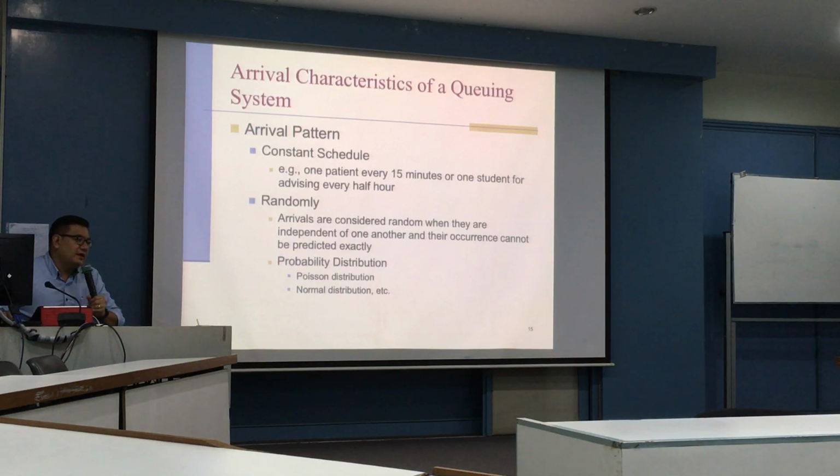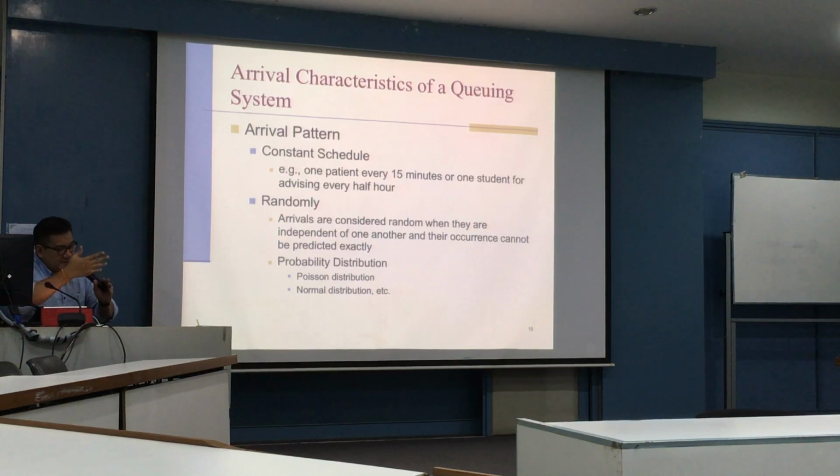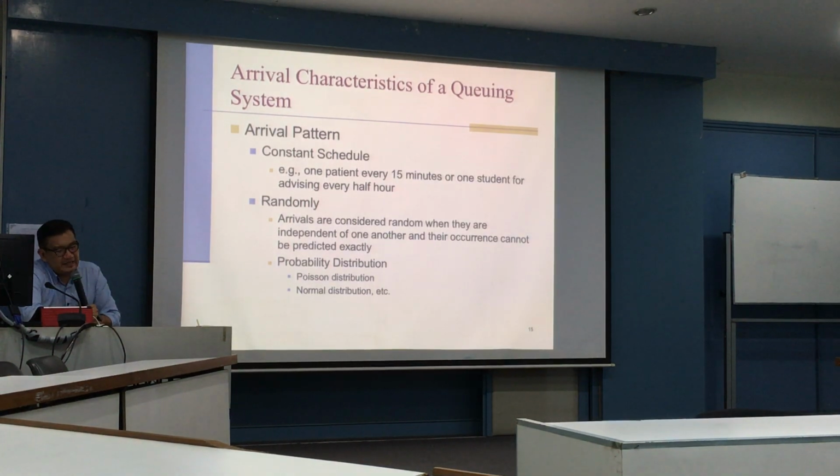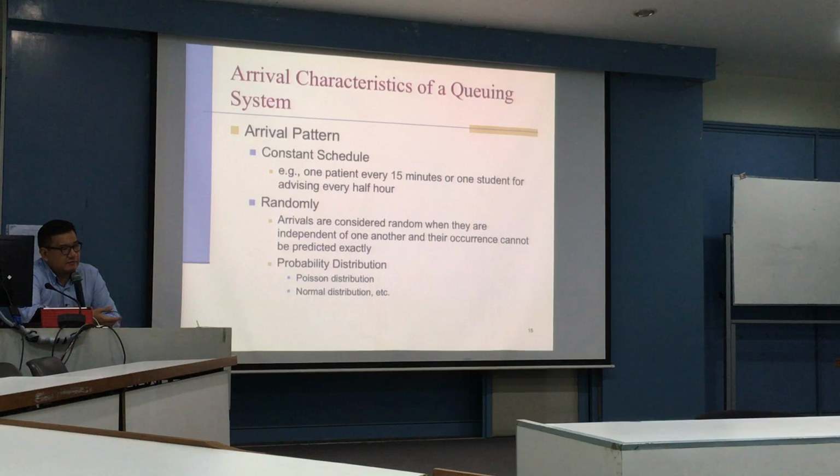Let's say I let students meet with the advisor. Every 15 minutes, I let one student go to the advisor. So the time between students is exactly equal, 15 minutes. That would be the constant pattern. You see the constant pattern a lot in, for example, a factory that is feeding items